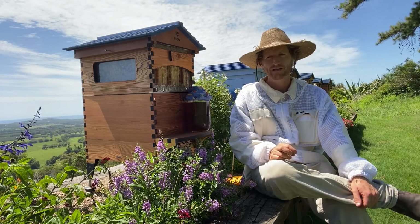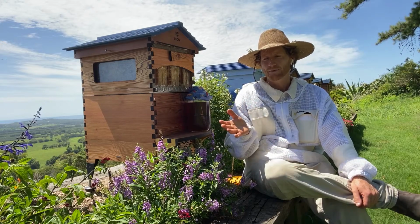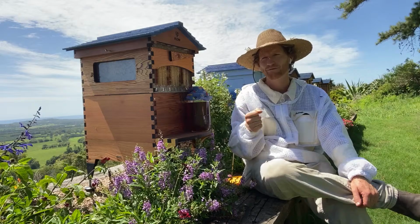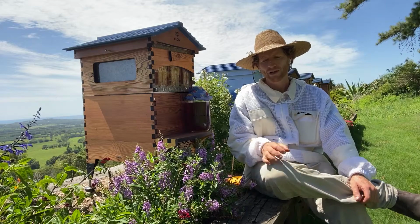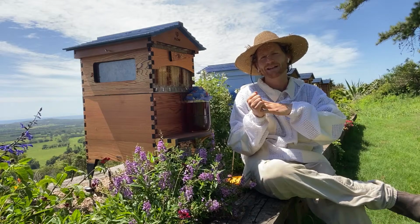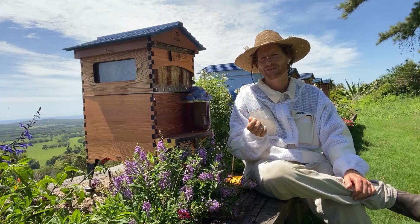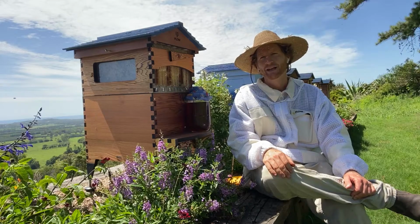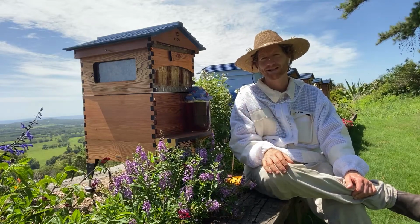And the idea is you then open the entrance, but before you open the entrance, break off a bunch of very foliage-laden branches and put them in front of the hive, or get an old t-shirt and tape it on the front of the hive, so that when those bees race out of their hive, they'll crash into those obstacles. And that means most of them will go, hey, something's changed, and they'll go on another orientation flight to reorientate to that new location. And instead of getting half the hive returning to the old spot, you'll get about 5% of the bees returning